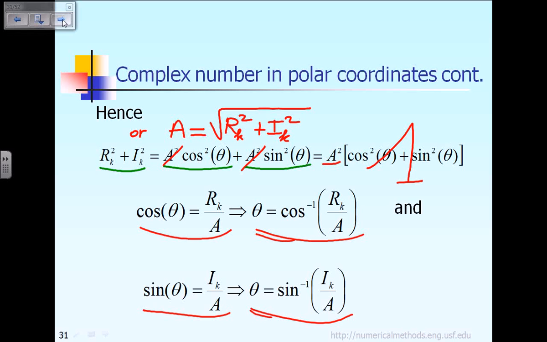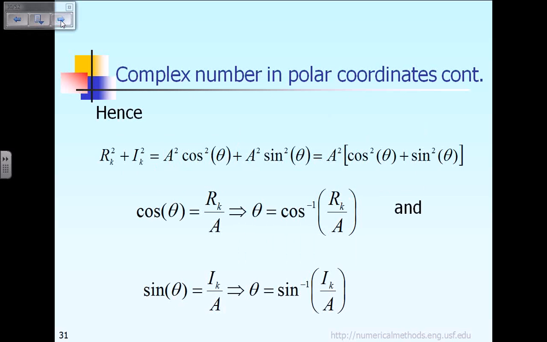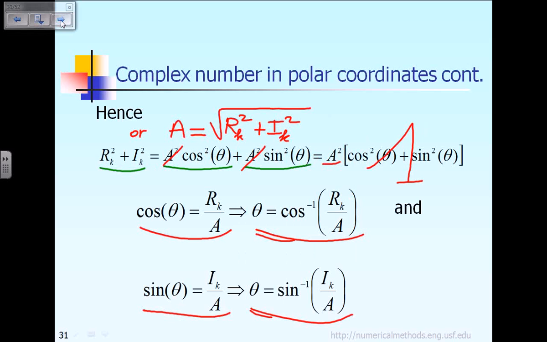So to summarize it, if you have a complex number, let's say complex number C, you can express that in the rectangular Cartesian coordinate by specifying the real part r_k and the imaginary part I_k. Or alternatively, you can also express the complex number by figuring out the amplitude A and